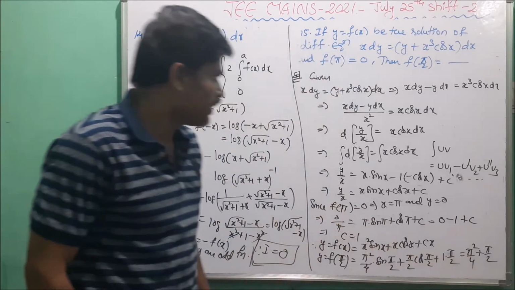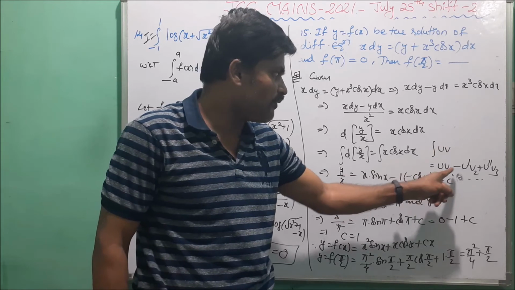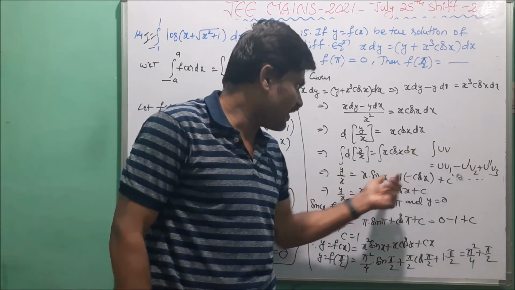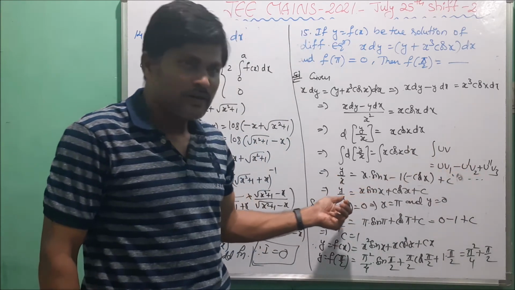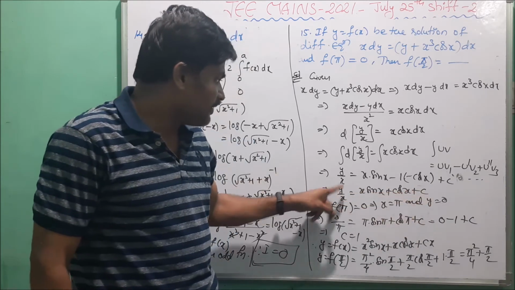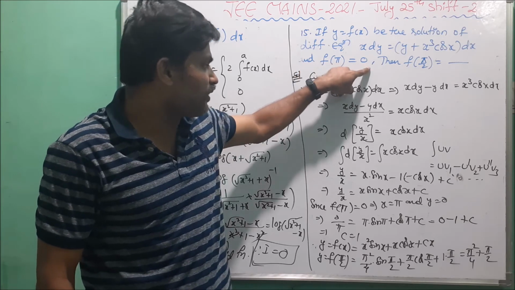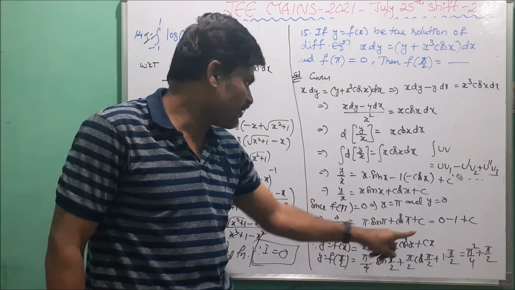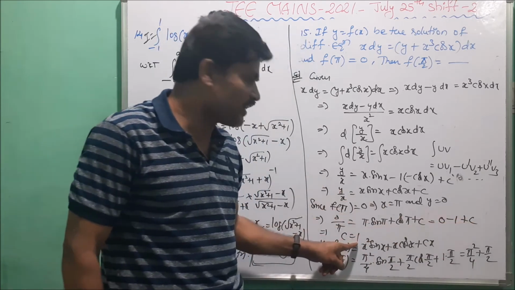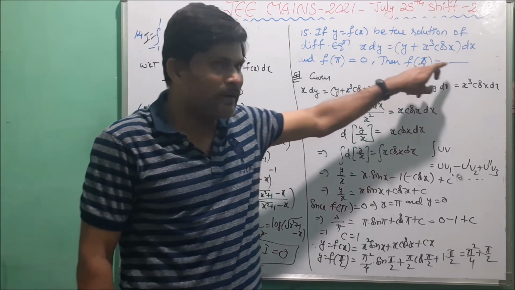This is the solution. Here directly we have to use the UV formula, integral UV, that is uv1 minus u dash v2 plus u double dash v3 and so on. Now on the RHS we apply this formula and simplify, then the solution is y by x equals x sin x plus cos x plus c. In that we take the initial values x equal to pi, y equal to 0, substitute the values and find the value of c. The arbitrary constant c equals 1. And also our final conclusion is f of pi by 2.